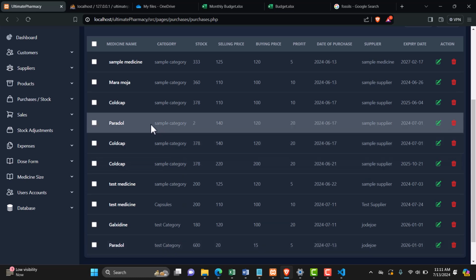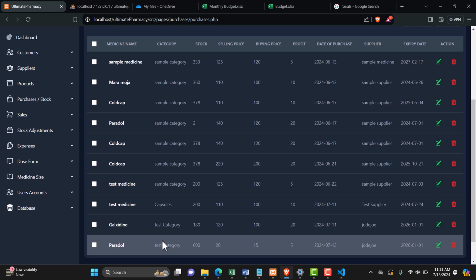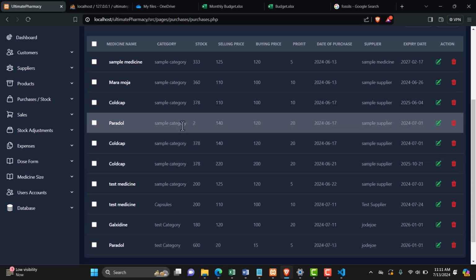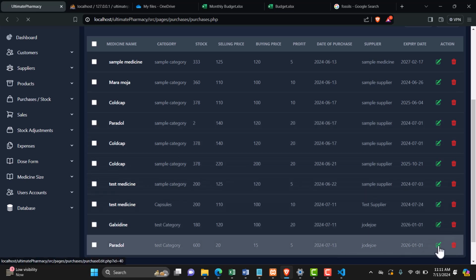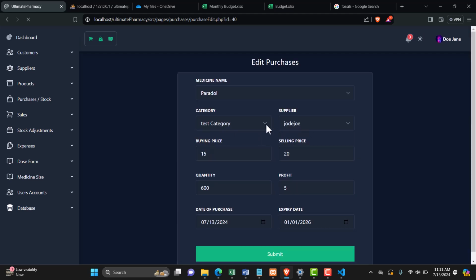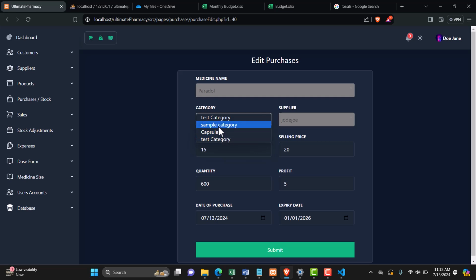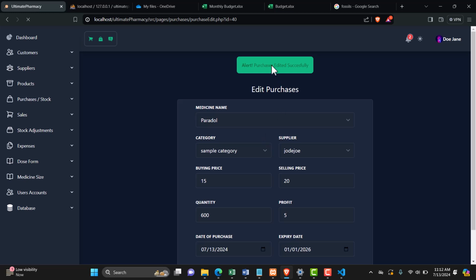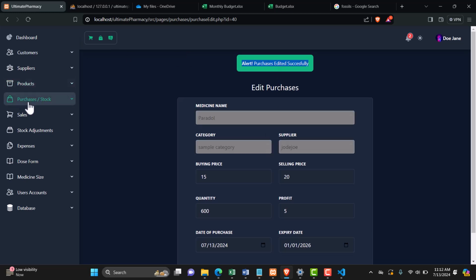Maybe because of the category, because it looks like this one I've given a different category than this one. Let's try and see if that could be what is making it not pick that and pick the one that has a stock of only two. If I say sample category, the other remains the same, the information. Oh, okay, that has been edited successfully. Let's go to,